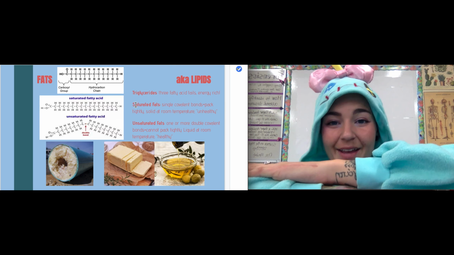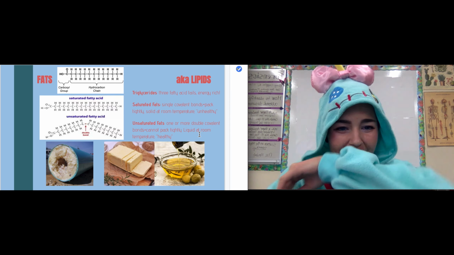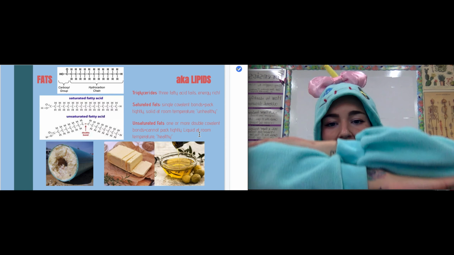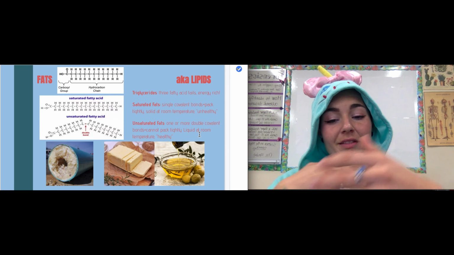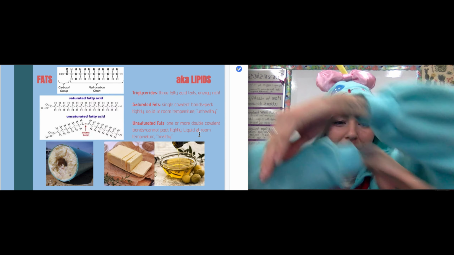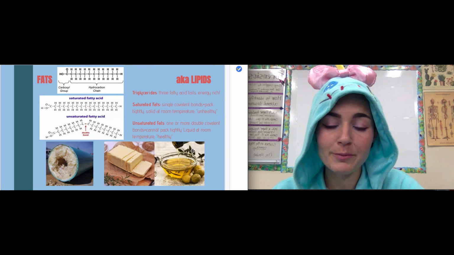Versus unsaturated fats, they have 1 or more double covalent bonds, and that makes them kink. And so instead of being able to lie flat, they are kind of like this. And so it allows things to move through because they're not just laying nice and stacked on top of each other. They're leaving gaps for blood to get through, and also they are liquid at room temperature, so they're considered more healthy because if you look at these two examples here, there's butter and then there's oil. Butter is a saturated fat because it's a solid at room temperature, and then oil is liquid at room temperature,